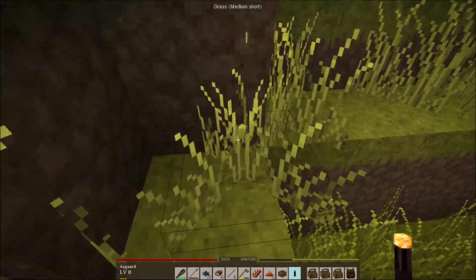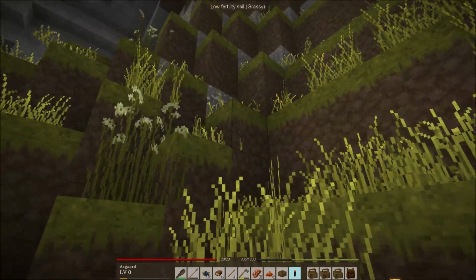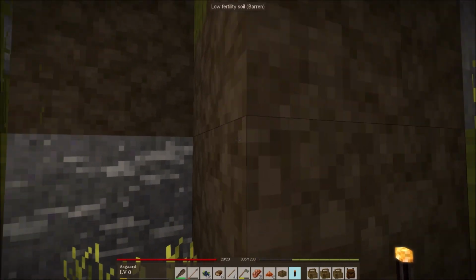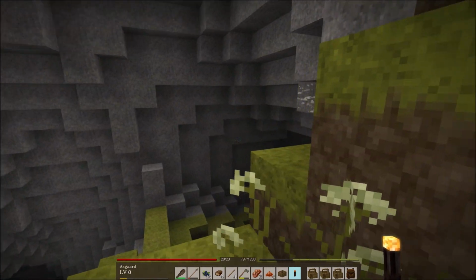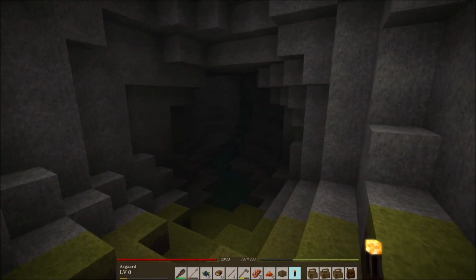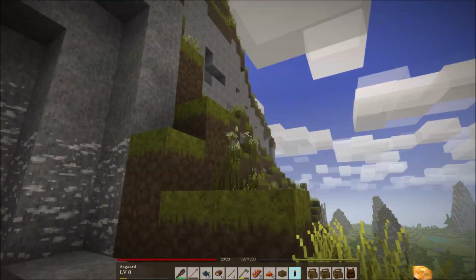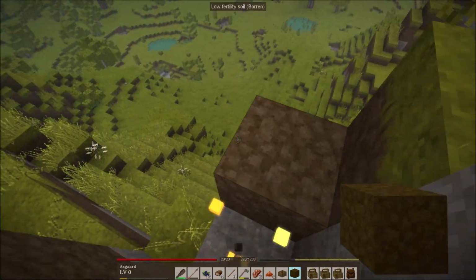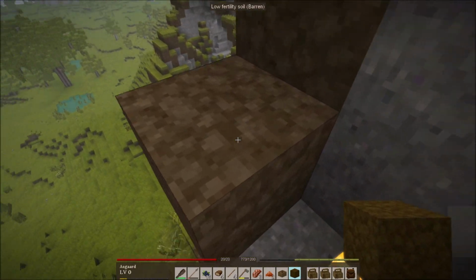Oh, I can't do that little Minecraft trick where I move around the edge. I believe it is... Oh man, I think I've lost it. I think it's up here. Or is it... Oh, maybe it's there. No, I think it's higher up. I don't know. We'll come back to this. I don't know that...